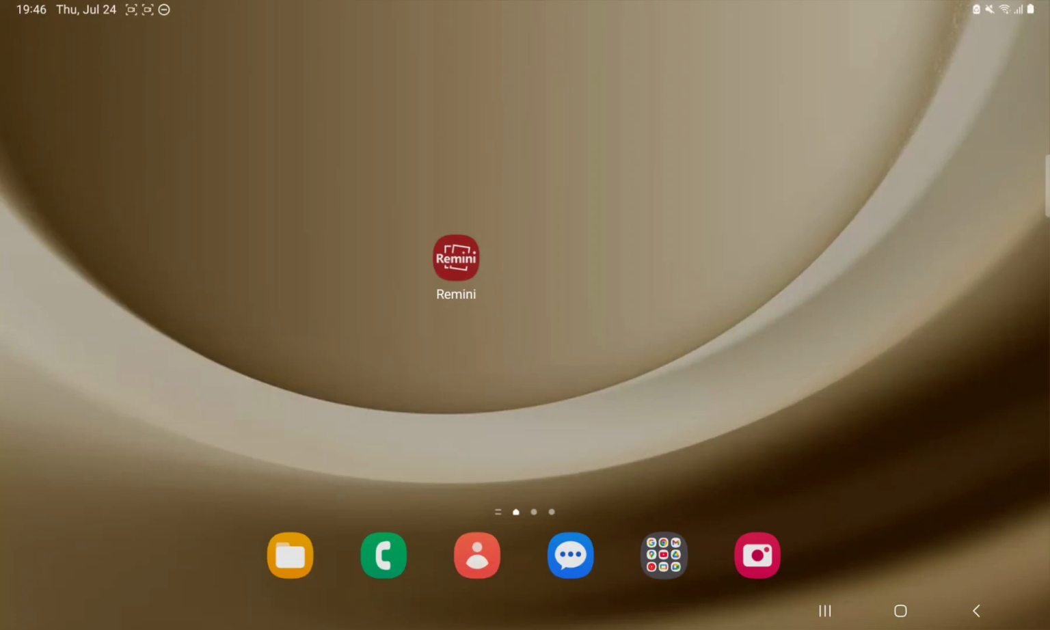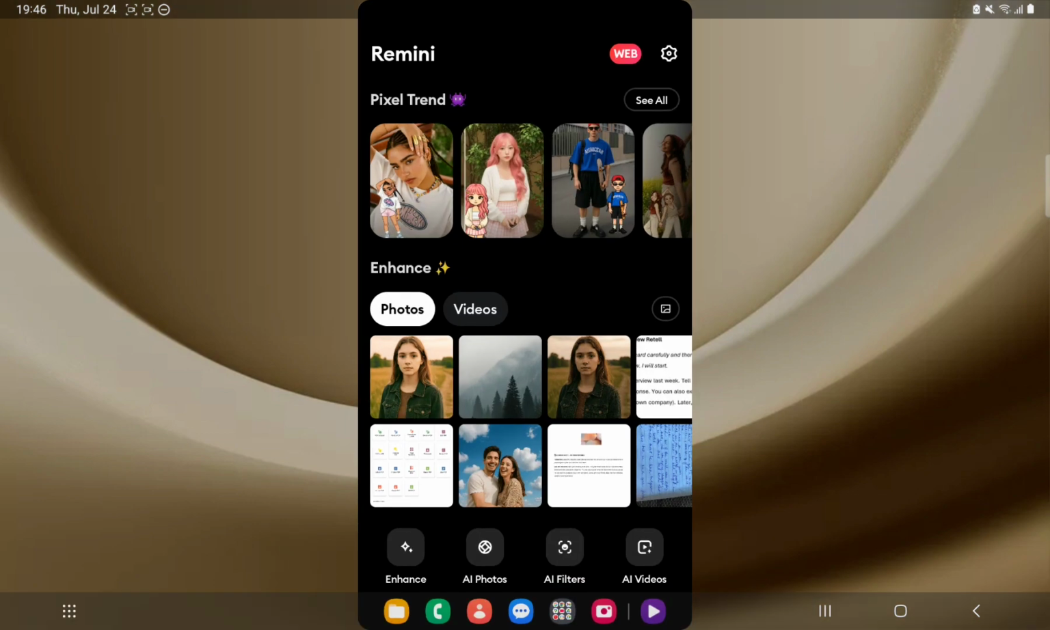Hi everyone! In this quick tutorial I will show you how to blur the background of an image to a greater extent using the Remini app. Just open the app and click on Enhance. It's right here. Click on this button